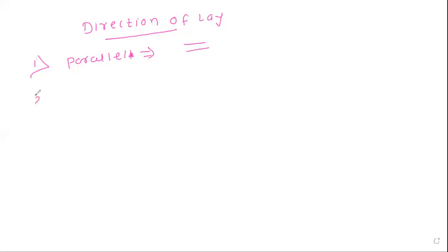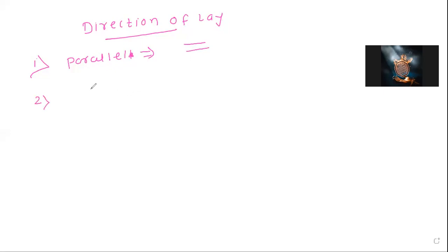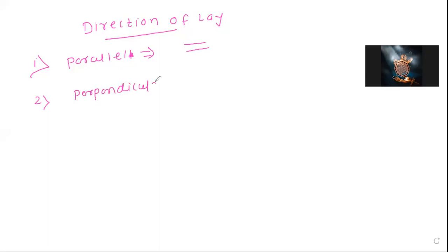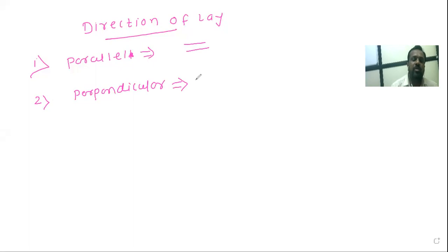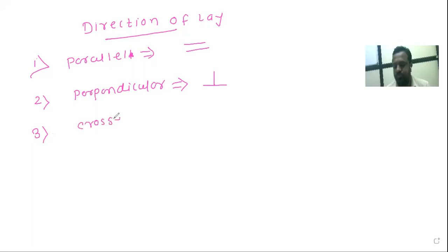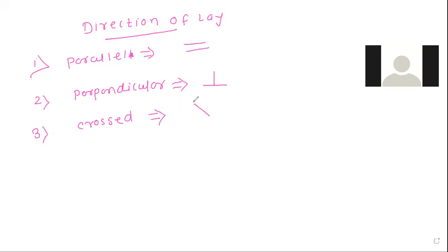Yes. Then next is the perpendicular. Then what is the symbol for the perpendicular direction of lay? Just draw the perpendicular symbol. Then the next direction of lay is crossed. Then what is the symbol for this cross? The cross, or we can say the X symbol. Then next,